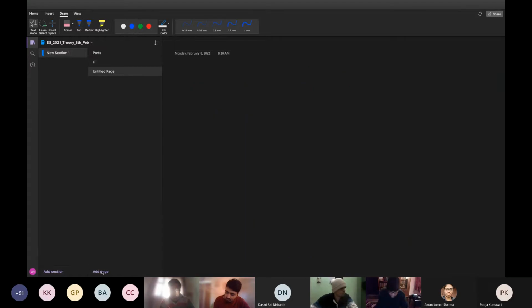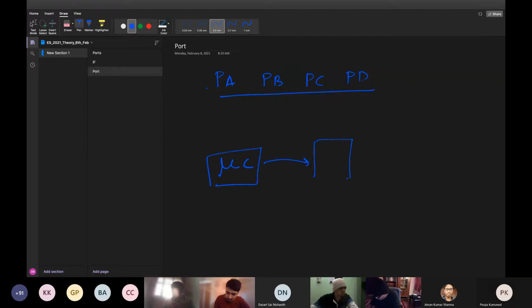So what is this port? For example, a parallel port. The parallel ports in your processor are port A, port B, port C, and port D. There are 4 parallel ports, 8-bit port each. What the microcontroller will do is dump data to a port register, let's say port A. I was asking, what is this DDRA and port A? What is the difference? DDRA is for controlling port A to work at different modes. Each port in your controller has different modes of operation, remember.